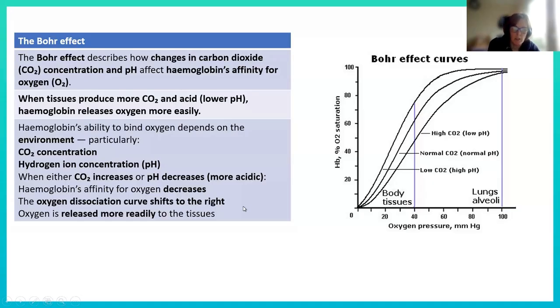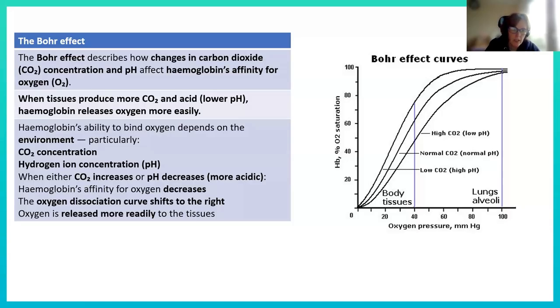And you can see that the oxygen curve, the graph essentially, will move to the right. So oxygen is released more easily in the body tissues. So the more CO2 there is, the more acidic it is, the more easily the oxygen is released. And then carbon dioxide will be picked up as well. And that makes more sense because it's more acidic and there's more CO2 in the tissues, which have been doing their job,